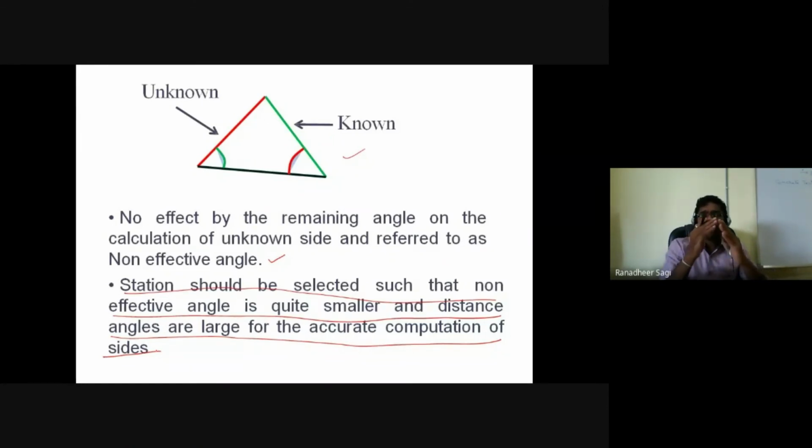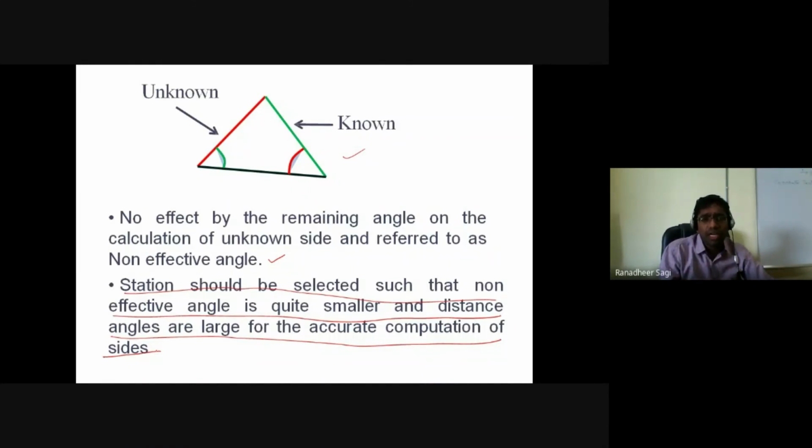angles between two lines should not be so small. Why? Because if I am using that angle for finding out any unknown sides, you will have relatively higher chances of error getting involved in your calculation, because smaller angle used for large measurements could maximize your error. Though the smaller angle what you have measured has got small error only in terms of the angular measurement, when that small angle is used for large measurements, then error gets maximized.